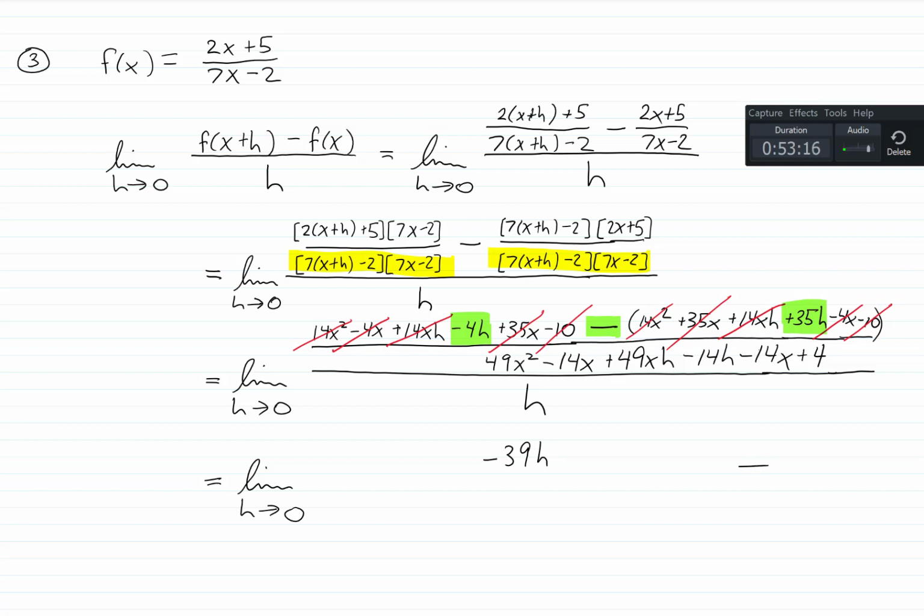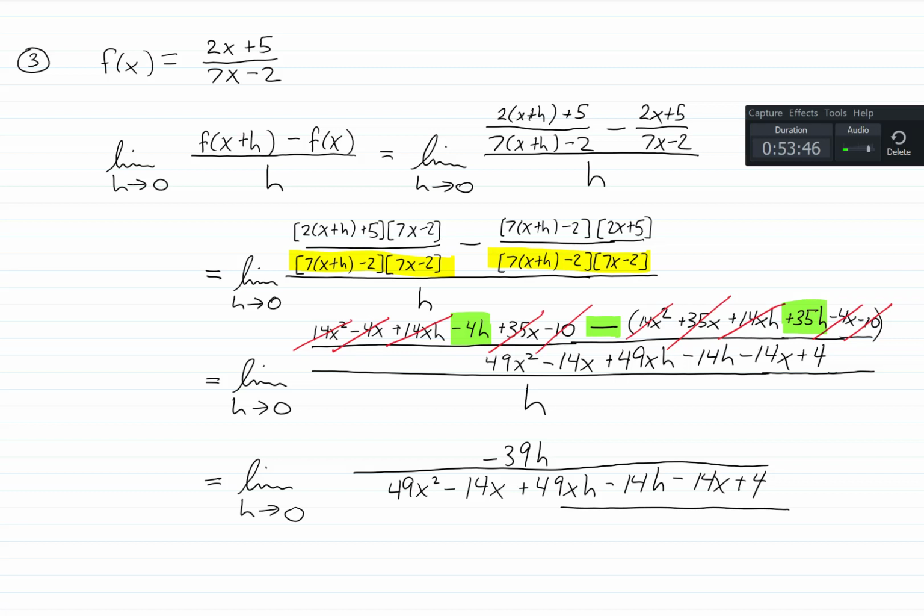Okay, but that's over a lot of stuff, right? That's over a 49x squared minus 14x plus 49xh minus 14h minus another 14x plus 4. And then that is all divided by